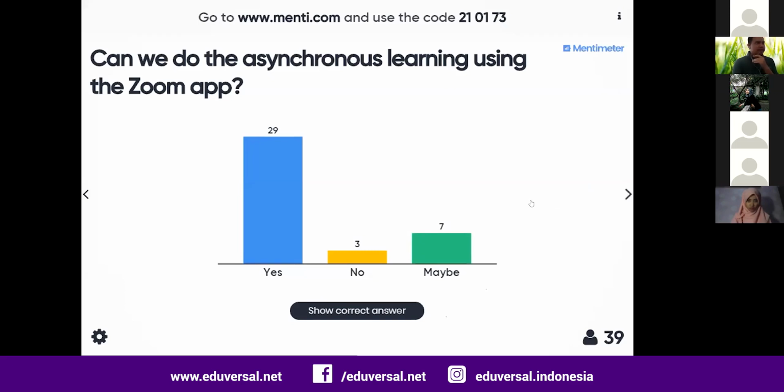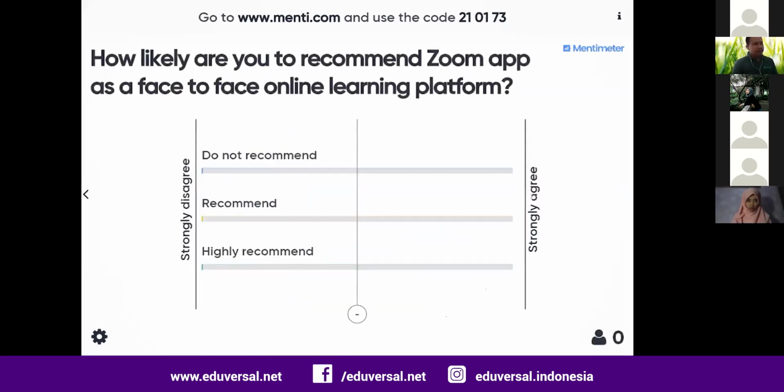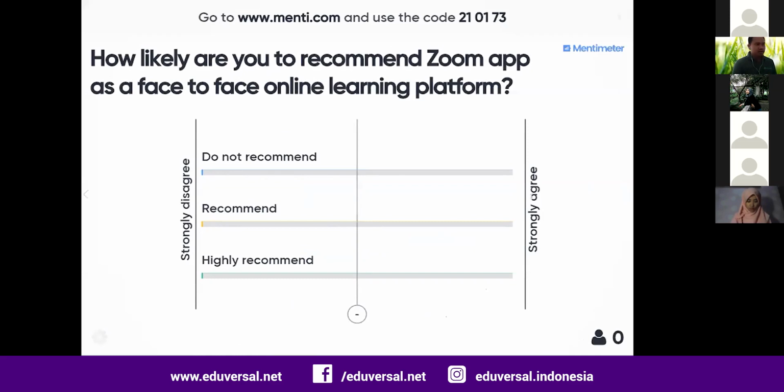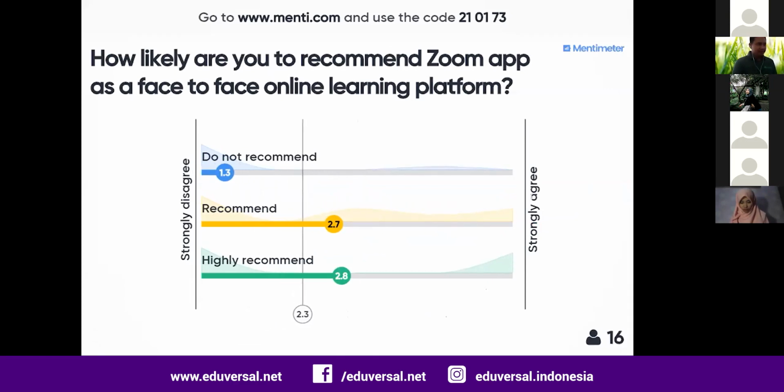Okay, next. How likely are you to recommend Zoom app as a face-to-face online learning platform? Yeah, highly recommend. Some of you do not recommend using Zoom. Maybe you can write down in chat, what do you think?